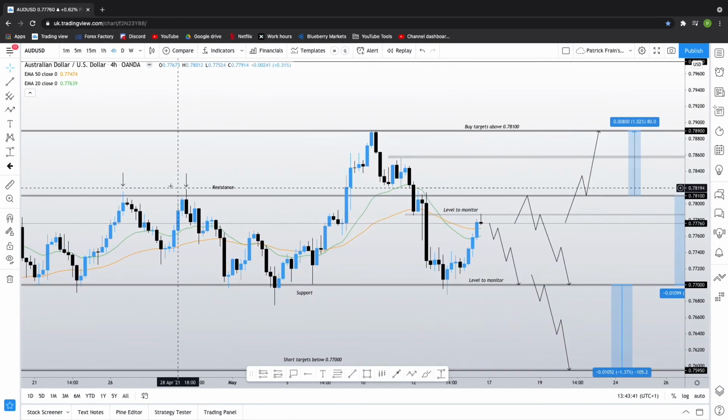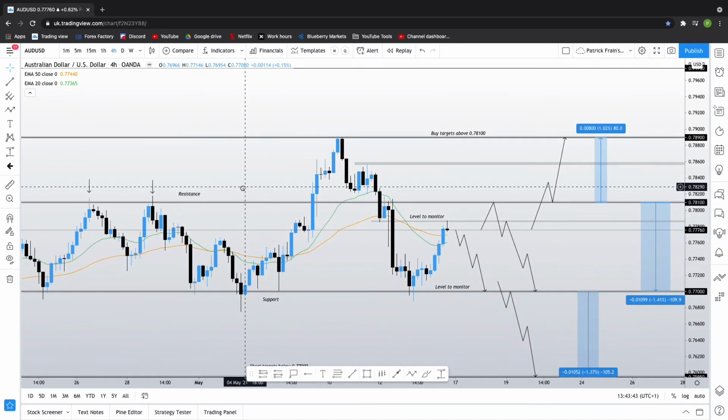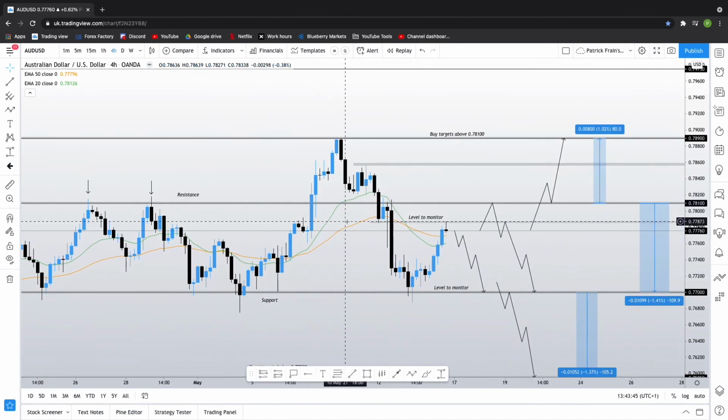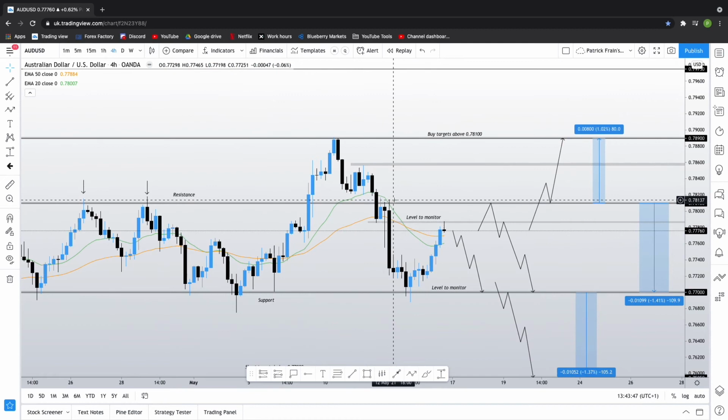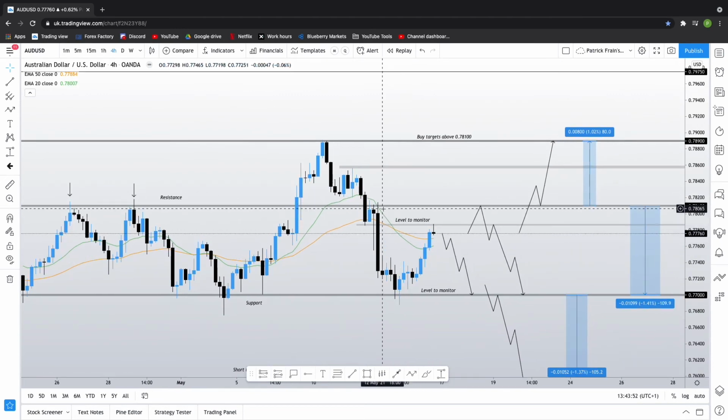As you can see, it was acting as a level of resistance on the left hand side and we did get the break of this level. However, price did fail to make the break and retest formation and has recently pushed back below. Because of this, I am looking for price to make a break and retest formation and for this level to